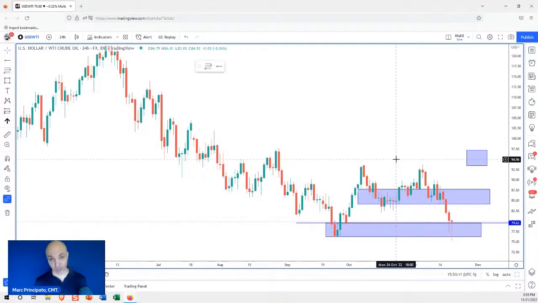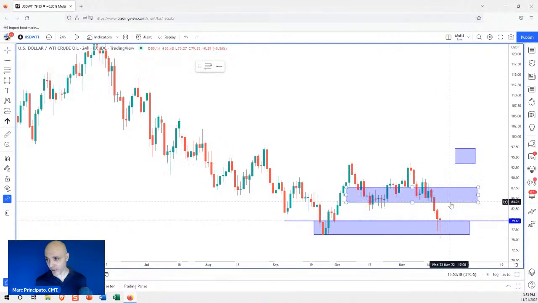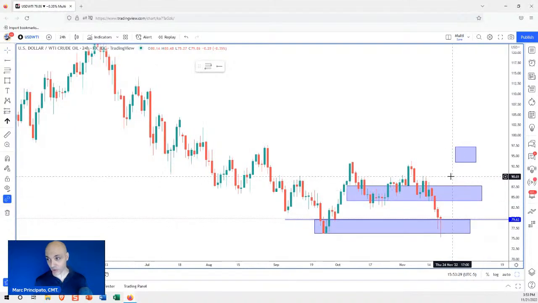Now, keep in mind, like I said, oil is wild. It can do a lot of wild things for a lot of irrational reasons. You have to respect that about oil. But this would be a reasonable push, up into this area for an aggressive swing trade long. Or you can wait to see where the rally goes, if there's any type of rally, and then look to short it. Okay, short the resistance.